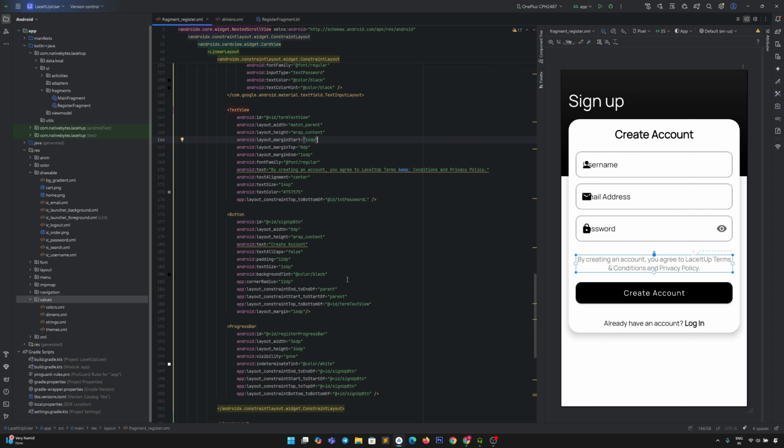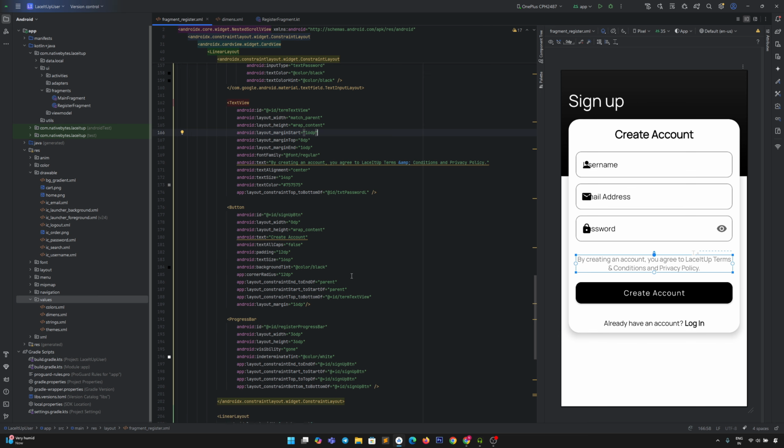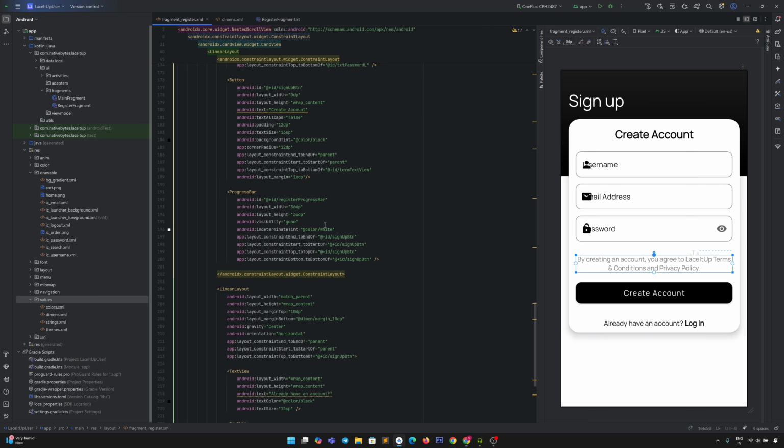And then we have a create an account button along with a progress bar. Whenever the user clicks on the create account button, a white colored progress bar will appear inside this button, whenever the user submits the details they entered in the edit text.